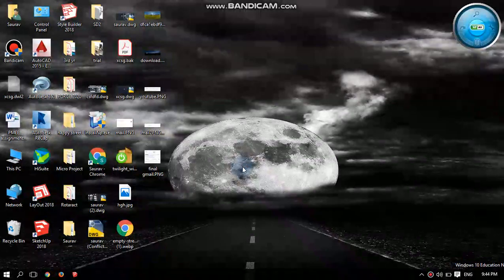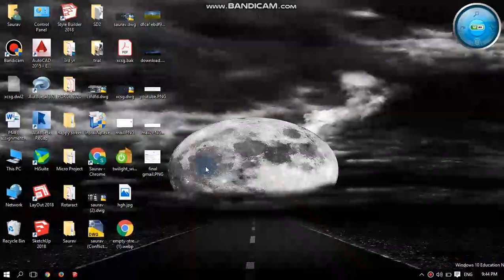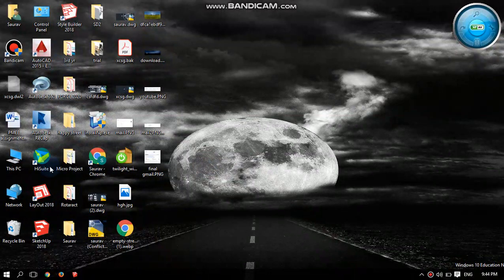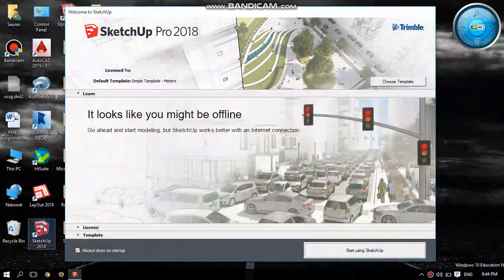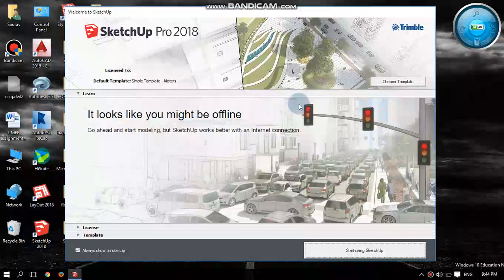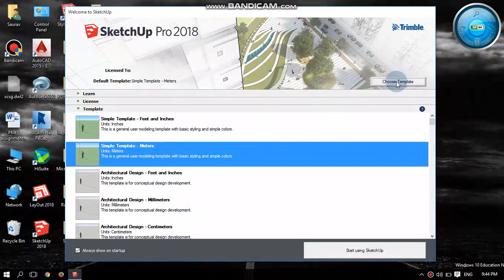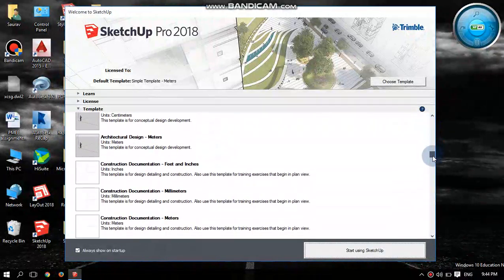When you start SketchUp, the first page appears. Here you have to select a template in which you have to work. So let's start with SketchUp. This is the first page. Here you have to choose a template. There are various templates provided by SketchUp. As you can see here, there are many templates.